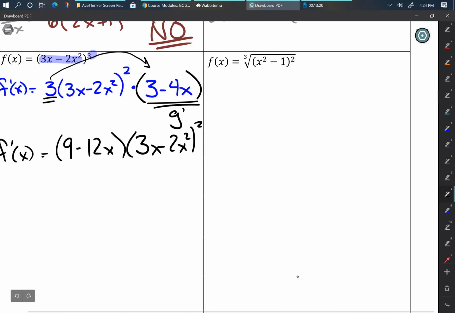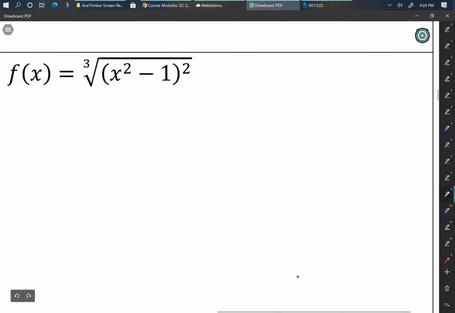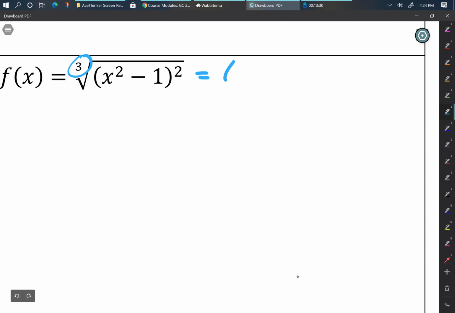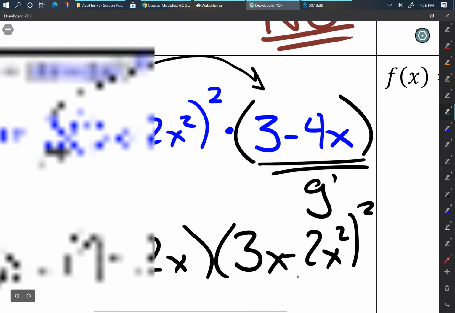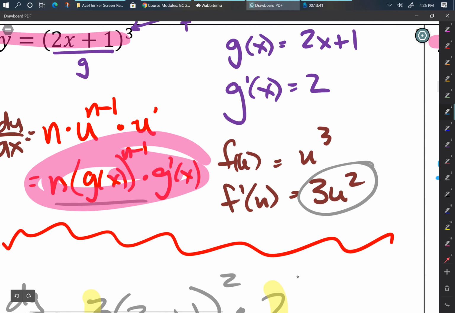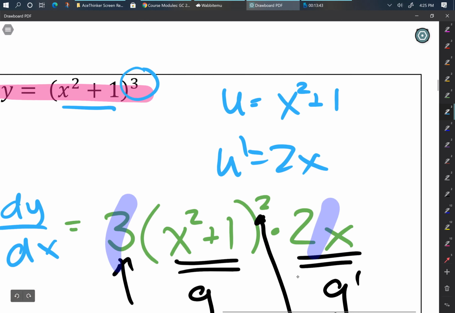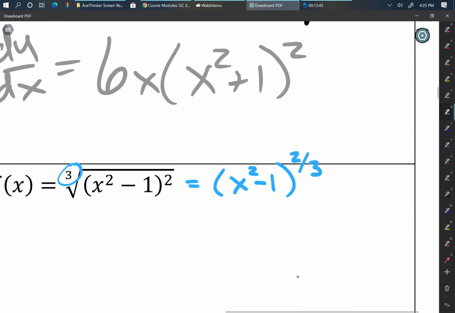All right. Is this one the same thing again? And if you answered no, stop for a moment. Remember, we don't have a rule for roots, so what do we have to do with this? We have to rewrite it like that. And if we're rewriting it like that, is this the same one as this one? Yep. Is it the same one as this one? Yep. Is it the same one as this one? Yep. Is it a function